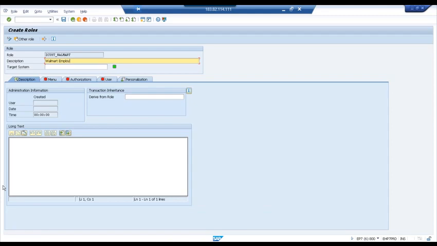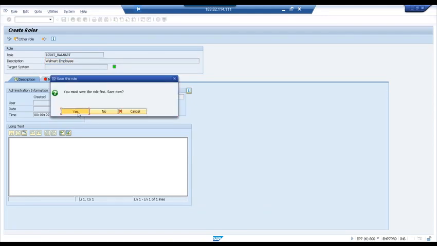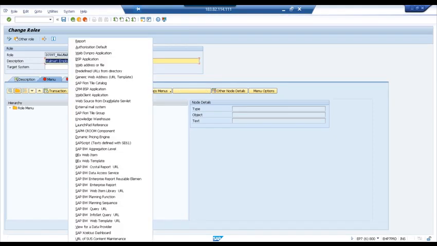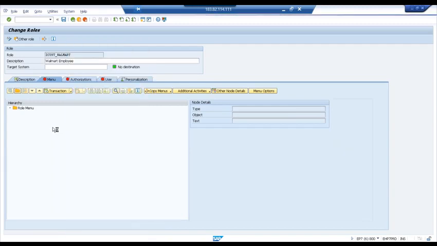Mart employee. This is one role I'm creating for employee in Walmart. Go to menu, and now we got to add this custom catalog and custom group. So select here in the menu option something called SAP Fiori catalog. So you will find an option called SAP Fiori tile catalog. You can see here. Select this